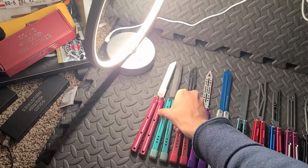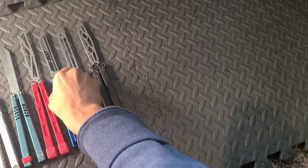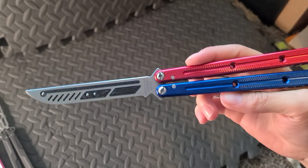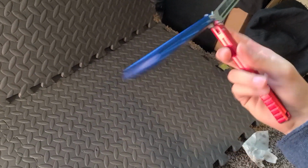It's kind of hard to tell between the Koenig V1 here and the Tonto Kraken here, which of course is just a really solid balisong. If you've never flipped one, I highly recommend that you get your hands on a Kraken, and the live blade one too, because thanks to Ted Flips, I do have a Kraken trainer here with the zippy insert, and I will say the zippy insert does make it much better, but I don't know, something about the balance still with the trainer blade. The zippy insert does help a whole lot. It does make it a lot more